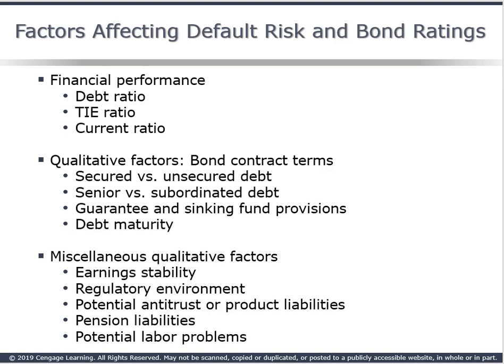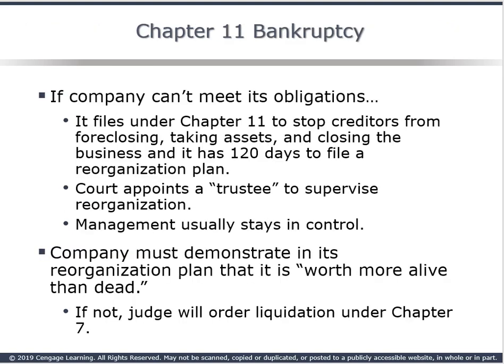We also see here other factors. Are earnings stable? If they're not, that is problematic. We see other issues here. If a business needs to go into bankruptcy, there are multiple types of bankruptcy provisions, and in our current environment we're seeing those. But what if a company can't meet its obligations? The first step is Chapter 11 bankruptcy, which allows a company to reorganize and allows them to emerge with a different debt structure. If they cannot reorganize